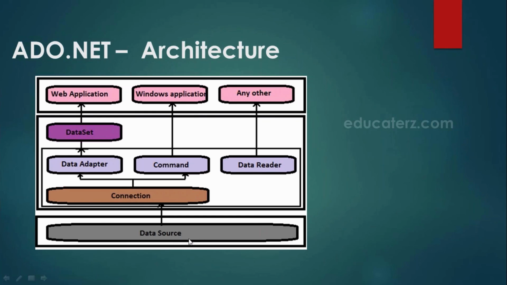So ADO.NET consists of a set of objects that expose data access services to the .NET environment. The System.Data namespace is the core of ADO.NET and it contains classes used by all data providers. Hope you understand this. In the coming sessions, we'll discuss each and every component of this.